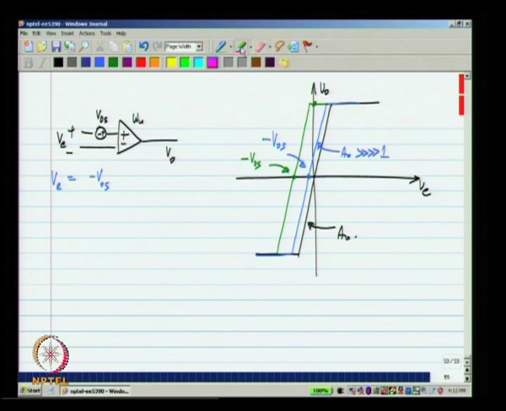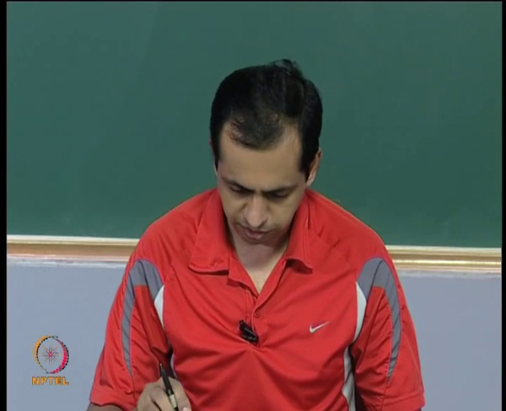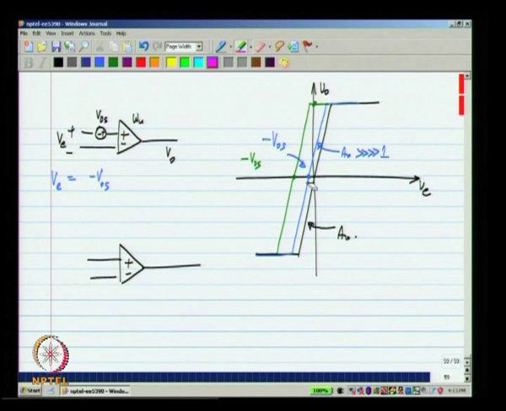If you look at only this black curve given here, it looks like I can use the op amp as an amplifier like this, okay, without having any feedback. But because of offset, very likely the op amp output will be saturated when the input is 0, and you do not know exactly what input you have to apply to operate in this region. You have to operate in the high slope region of the op amp, so that you get all the benefits of negative feedback. So, the only way to fix this situation is to have DC negative feedback around the op amp, so that the op amp gets biased in the high slope region.